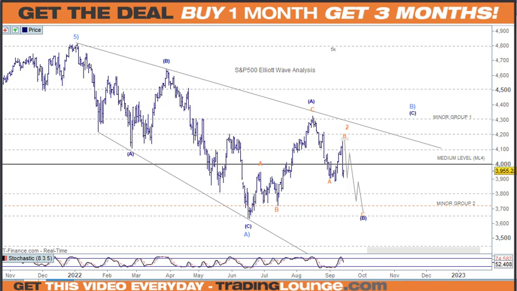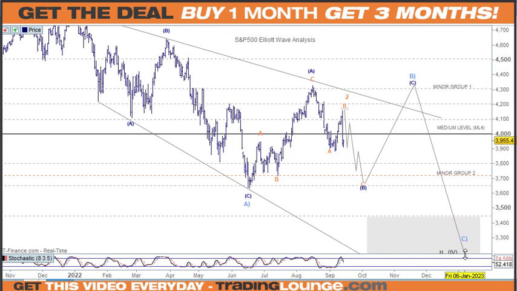So we'll start from the bigger picture and just go through quickly the normal things that we go through. So we're looking down as the A wave here, then an A and a B and a C wave for the B wave, and then down for the C wave. So we're looking for a move off the low here and then down again to finish the final leg down through to here.